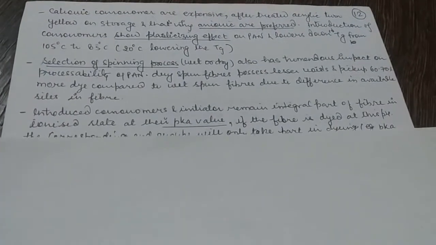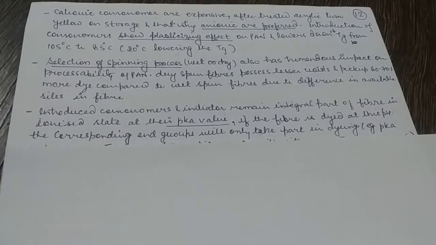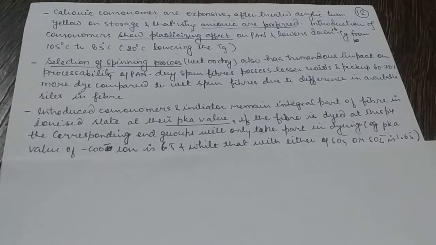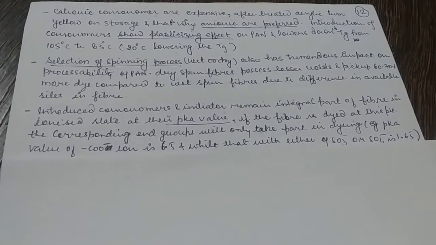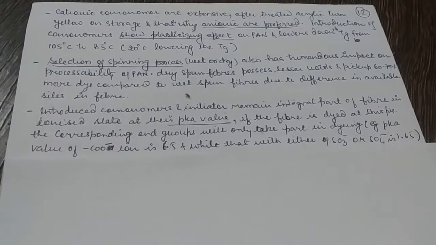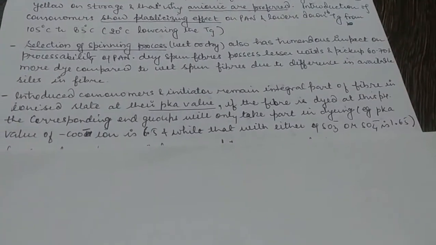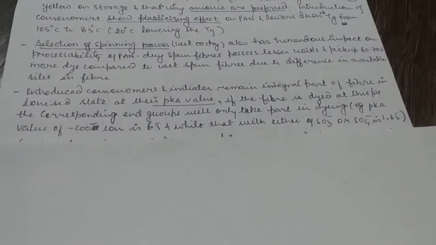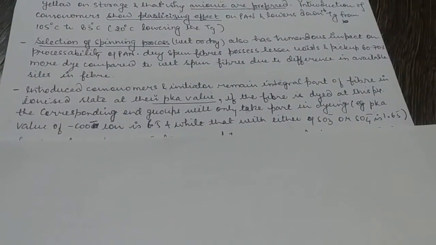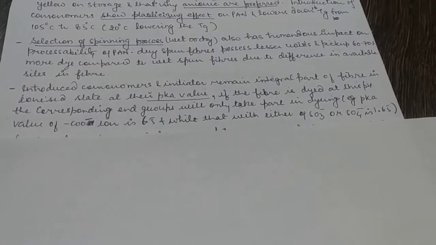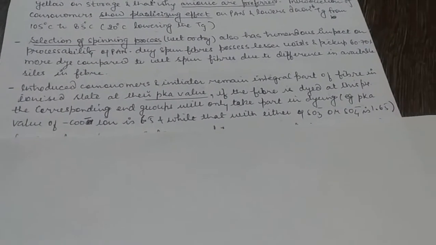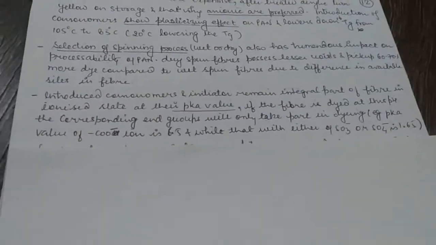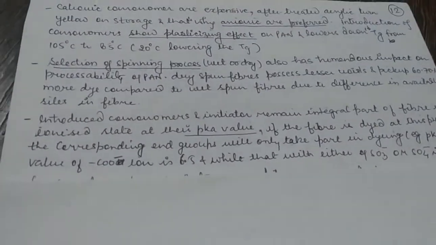If the fiber is dyed at this pH, the corresponding end groups will only take part in dyeing. The pKa value of the COO minus ion is 6.5, while that of either SO3 or SO4 is 1.65. So acrylic fiber dyeing with a basic dye can be carried out from pH 1.65 to pH 6.5, because this is the complete range from the introduction of the COO minus anion, the weaker acidic group,